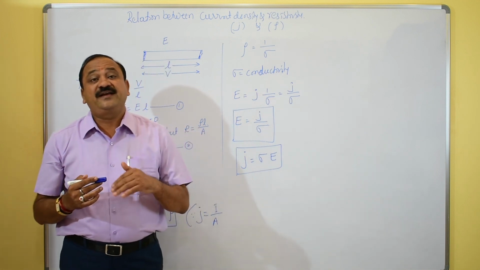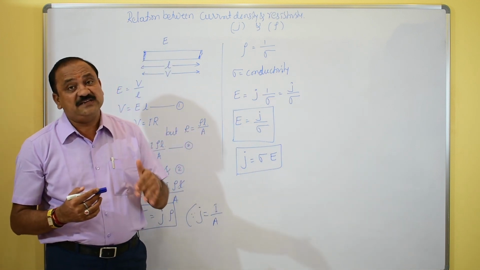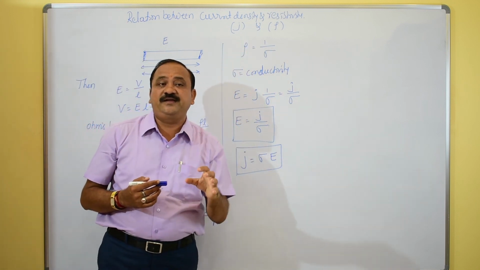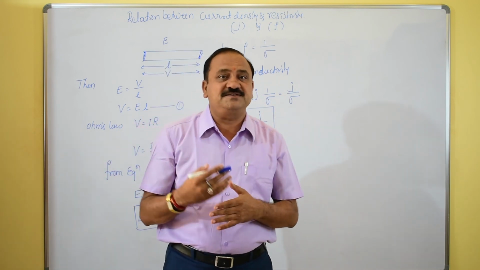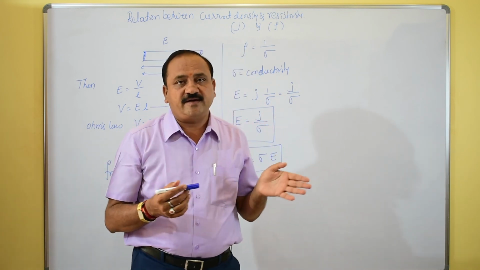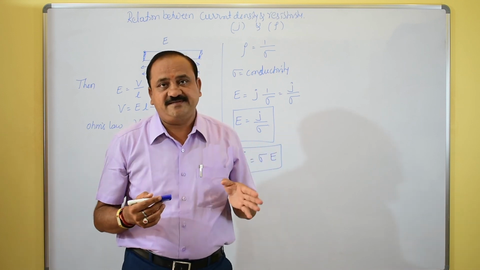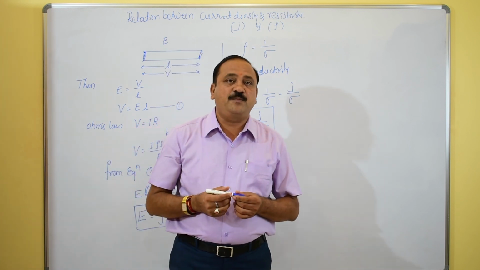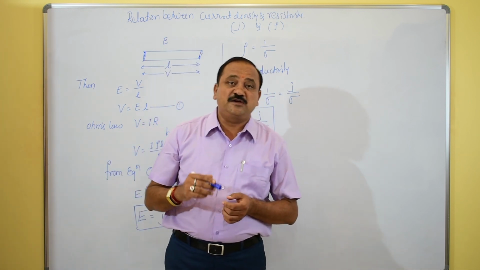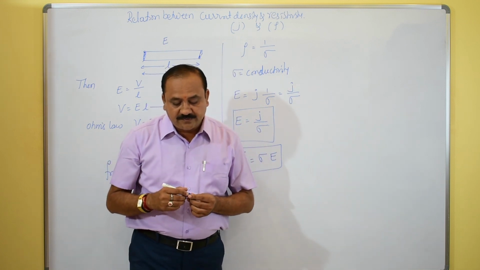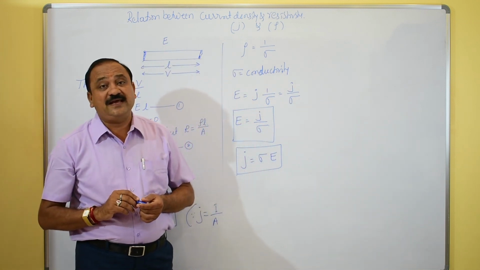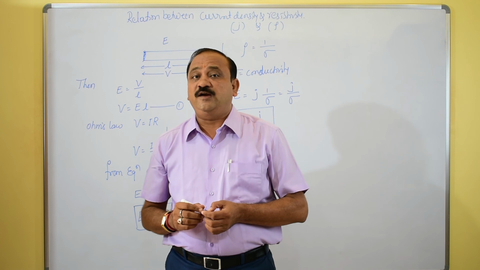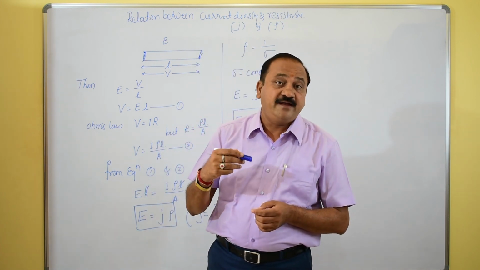And then current density. The next one is current density as well as resistivity. There is a relation between those and conductivity, all the things we have been discussing in this session. In the next session I will discuss drift velocity and its derivation, the relation between electric current and drift velocity, and the derivation of Ohm's law.